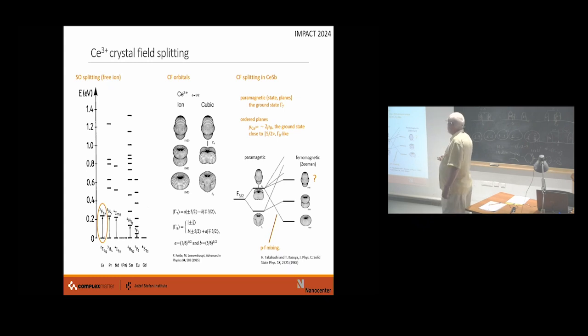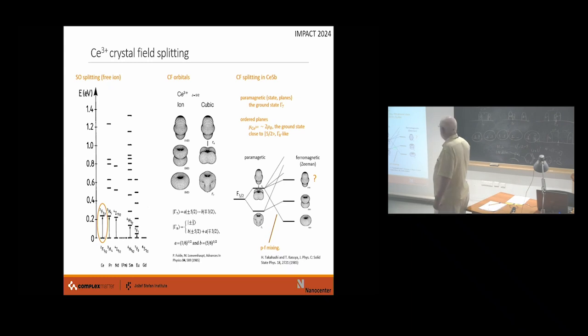When the ion is put into a cubic crystal field, this manifold splits into two states. One is gamma 7, which is a Kramers doublet, and gamma 8 is four-fold degenerate. This Kramers doublet is dominated by the plus-minus 3/2 Zeeman state. So of course, when the system magnetically orders, these